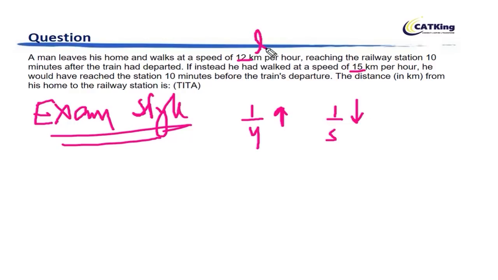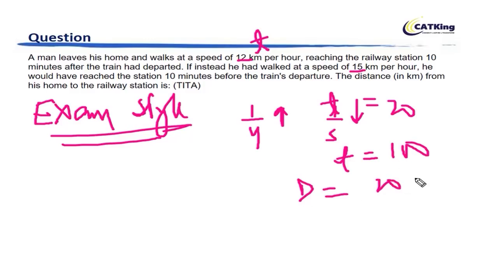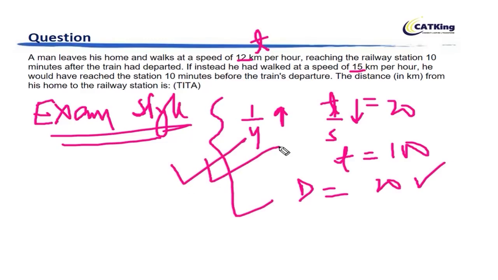So the time taken in this case was t. So t by 5 is equal to 20 minutes, because earlier it was 10 minutes late and then it was 10 minutes early. So the time reduction is 20. So time taken in the earlier case is 100, and therefore the distance is 12 into 100 upon 60, which makes it 20, right? So this is a faster approach, guys, to solve a question like this.